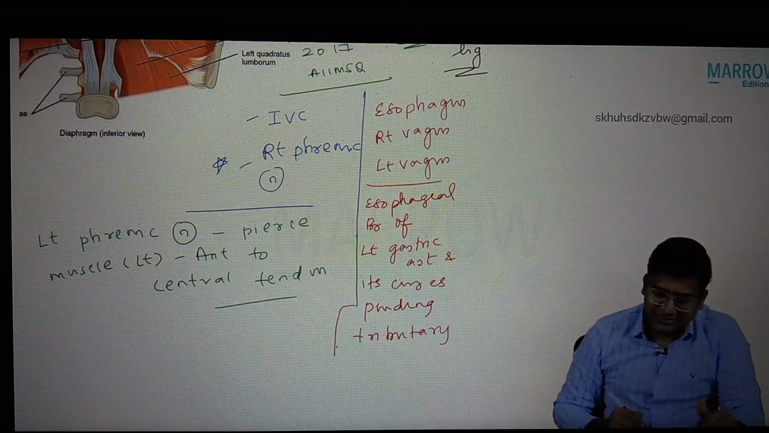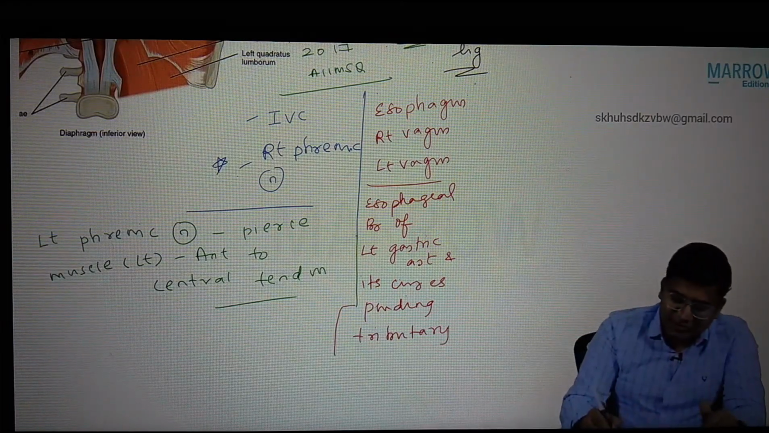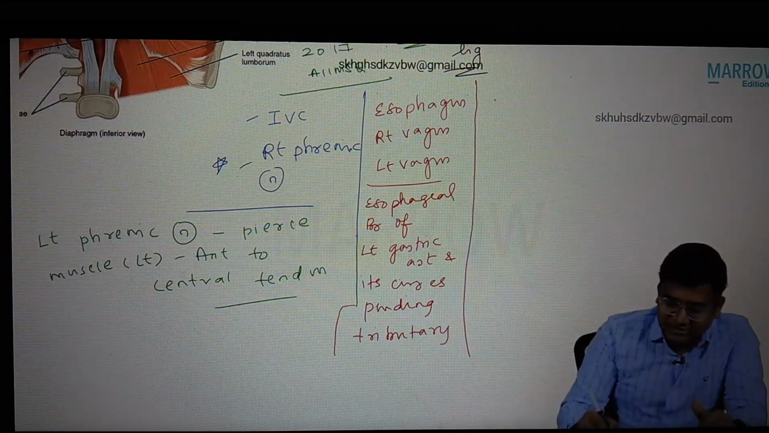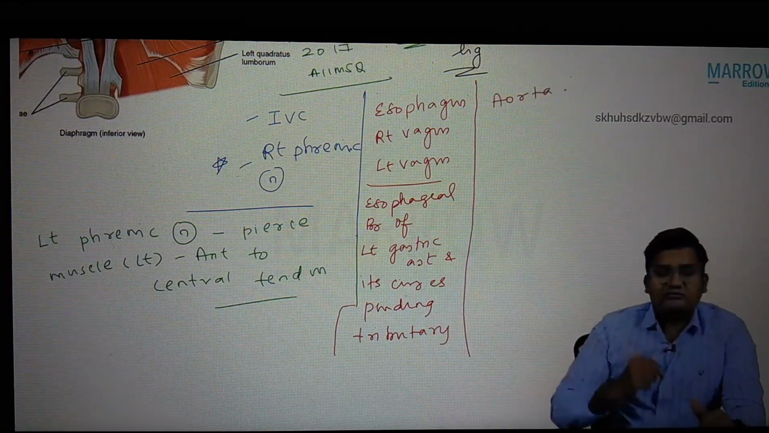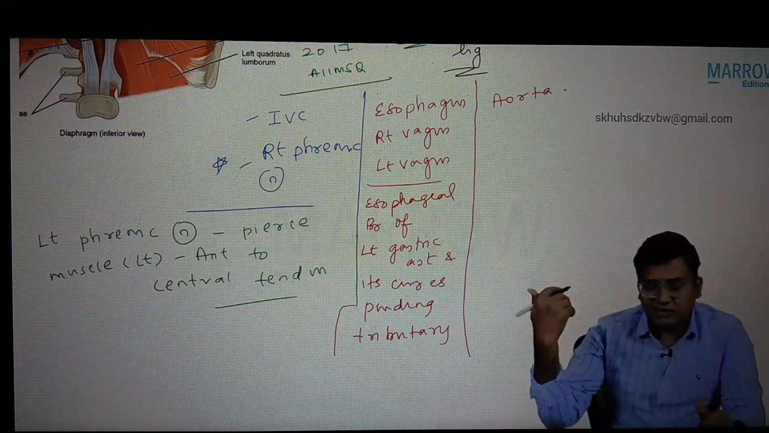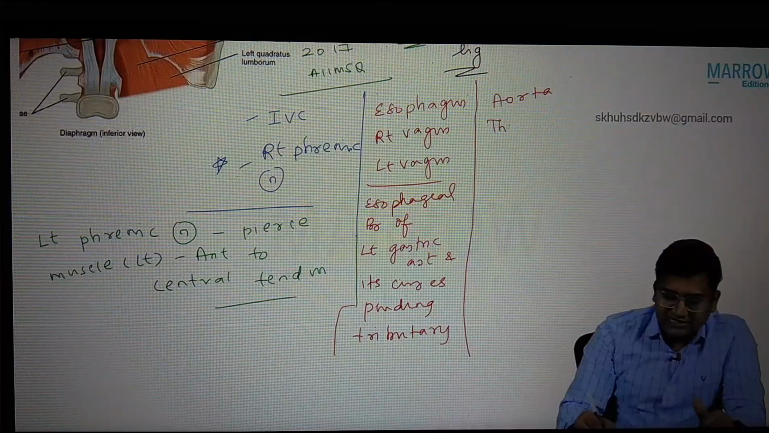Esophageal branch of the left gastric artery and its corresponding tributary. Now, what are the structures passing through the aortic orifice? The descending thoracic aorta will be passing through the aortic orifice and then continuous with the abdominal aorta, and then the thoracic duct,